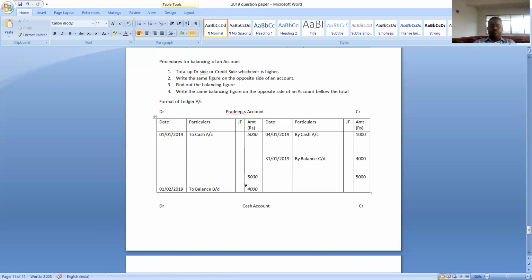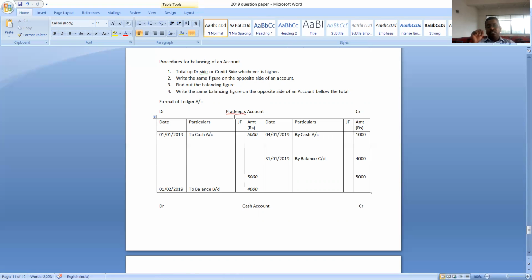Understood. Actually, for examination, they won't ask this kind of questions. What they will do is they will give us transactions pertaining to a person. For example, they will give us around 10 transactions related to Pradeep, and they will ask us to prepare the personal ledger account, that is, Mr. Pradeep's account. That kind of questions will come for 5 marks. And till today, in each and every question paper, we will find at least one 5-mark problem on personal ledger.